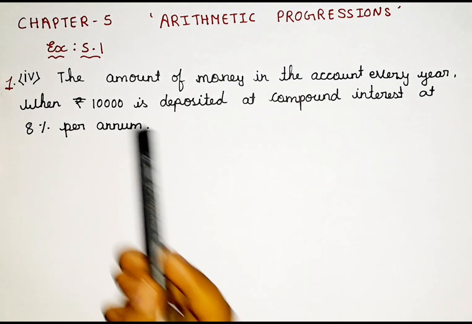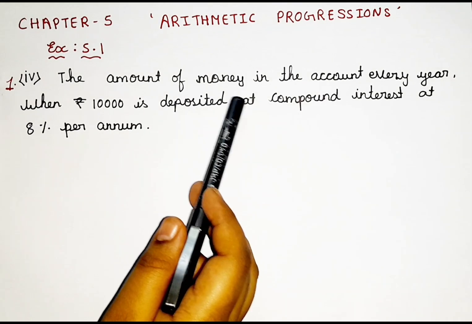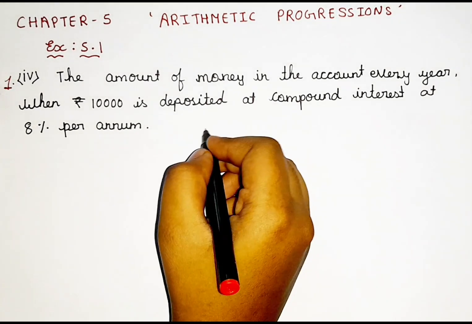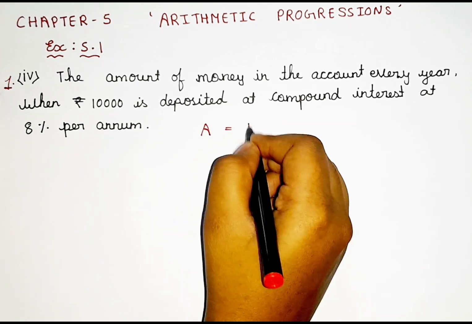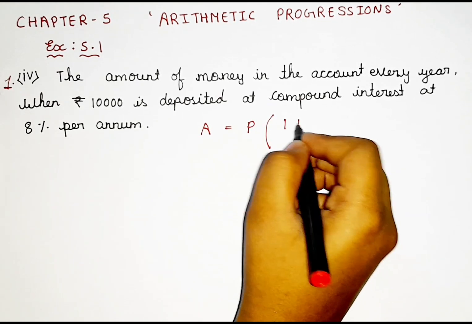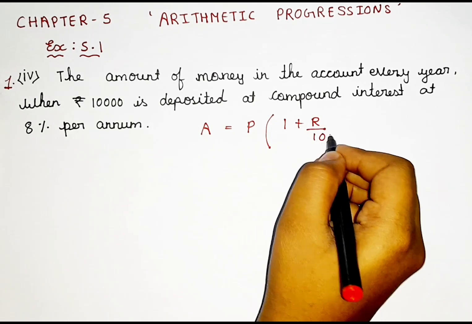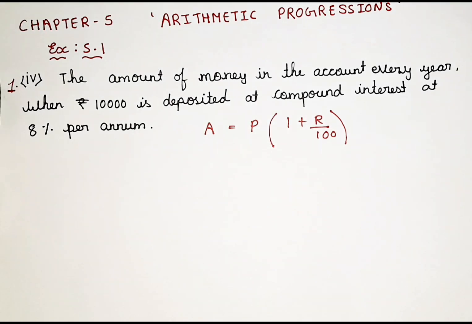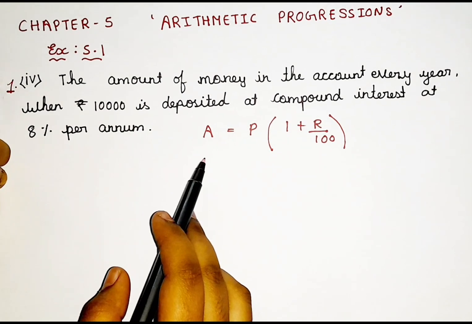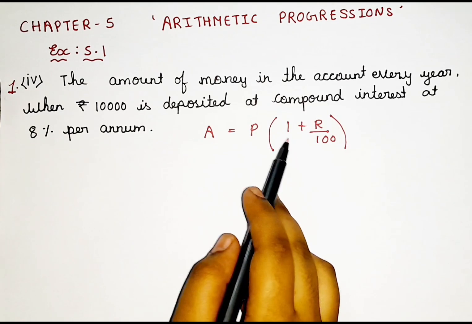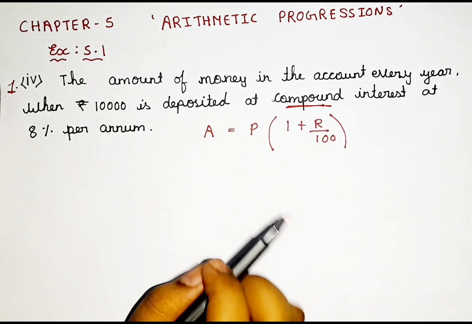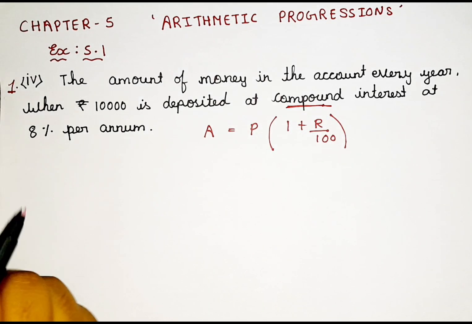Since they are talking about amount, money and compound interest, here we use a topic we studied in 8th standard: A is equal to P times (1 plus R divided by 100). This is a formula where A is the amount, P is the principal, and R is the rate. This is the formula for compound interest. We studied this in 8th standard. Now we can write the amount